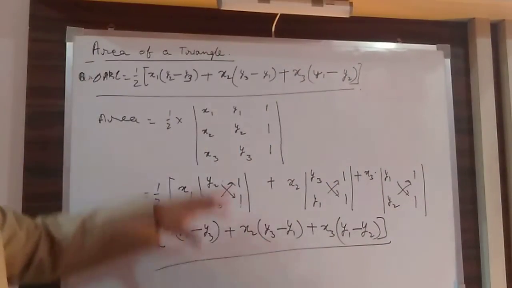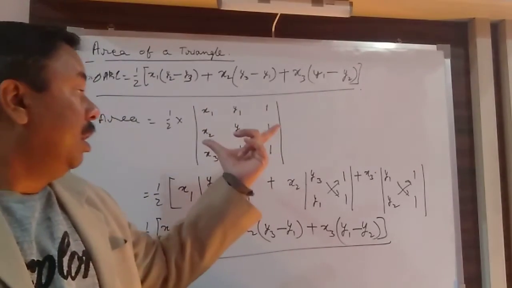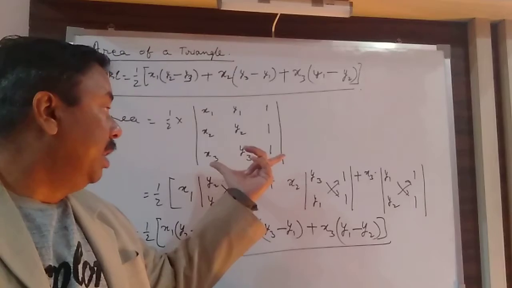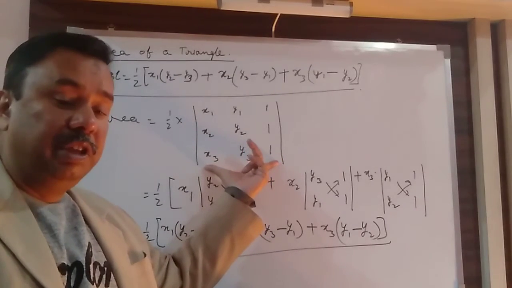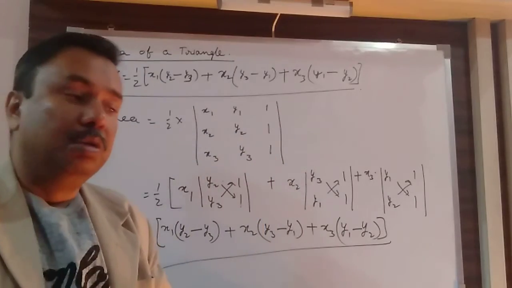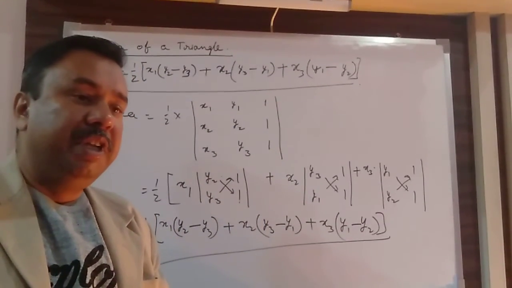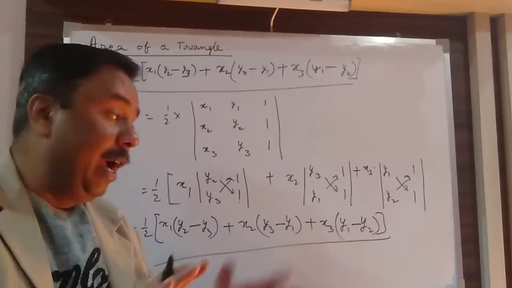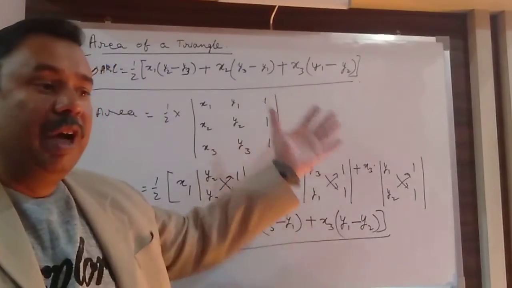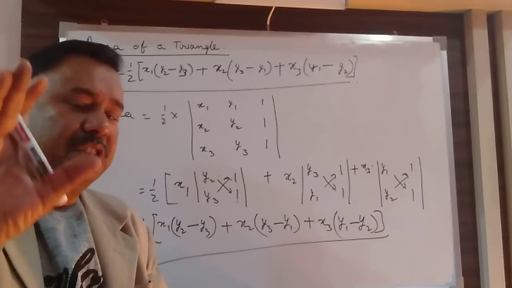Is it not the same formula that we have derived earlier? So just arrange the coordinates in this determinant and it will be easier for you to go on the formula and find out the value of the area of a triangle. A very small concept on this is remaining now.